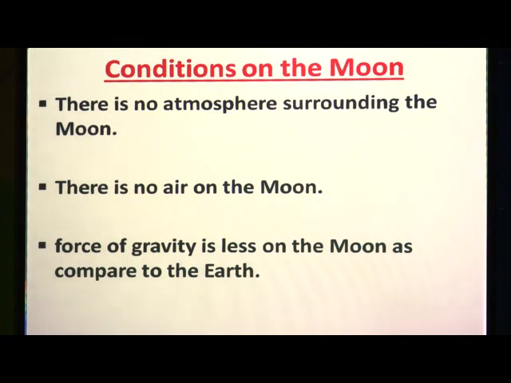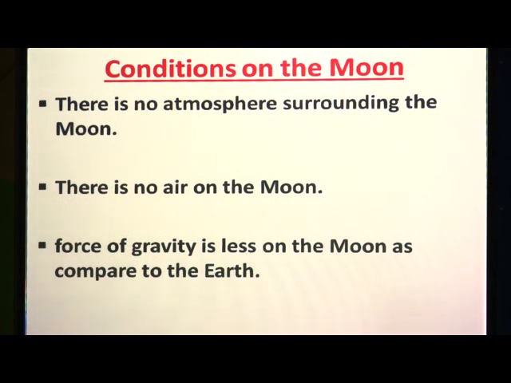How? On the moon, as there is no atmosphere, it becomes boiling hot. That means the temperature is very high during the day. Also, on the earth the atmosphere retains heat at night. It is a very important characteristic of the earth's atmosphere that it retains the heat at night. Retains means to continue to hold on to something. Due to this, it does not become very cold or very hot on the earth.